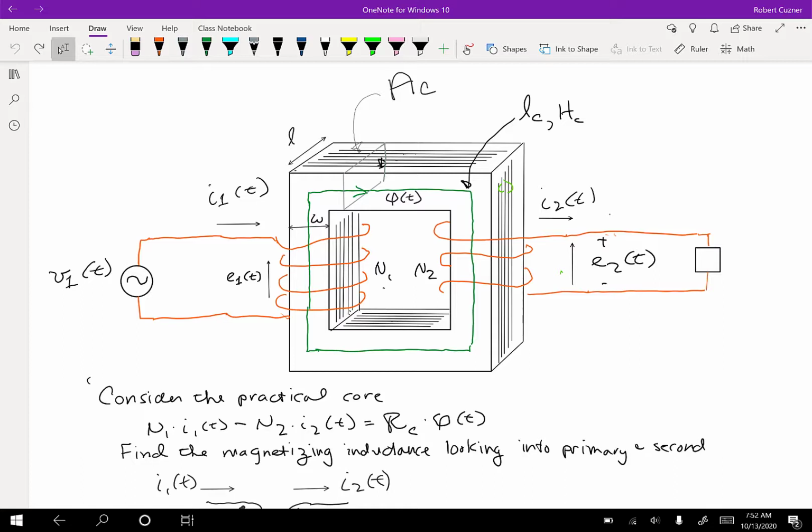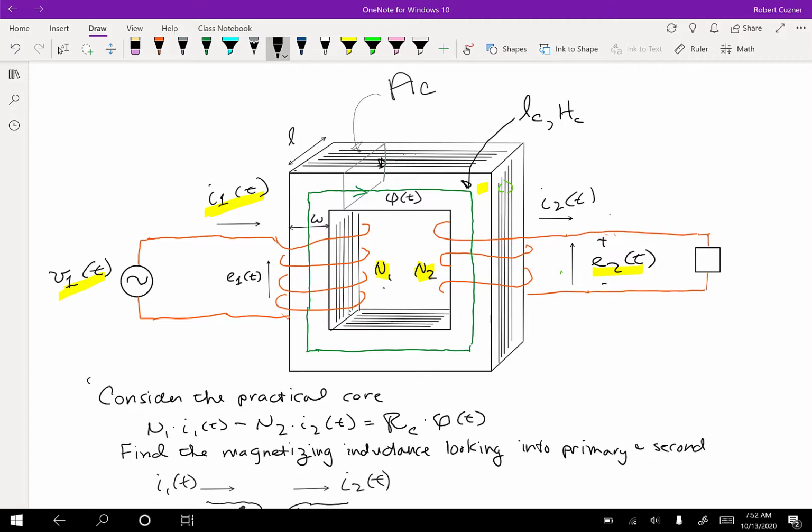And with that test, we had the single-phase transformer with the primary winding, secondary winding, the core, and we were able to measure, in addition to the primary voltage and current and the secondary voltage,